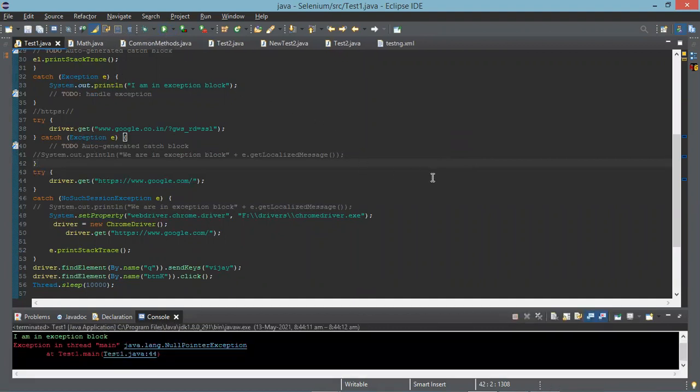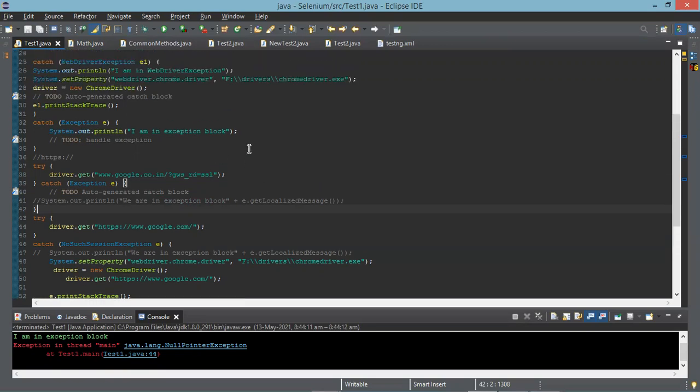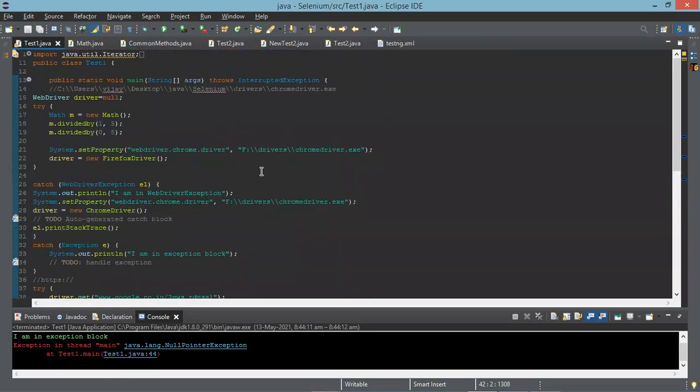To learn exceptions, we have included something, so it is throwing an exception. Line 44 says getURL. But are we not launching it? Go to the top. Uncomment the try block, the first one.